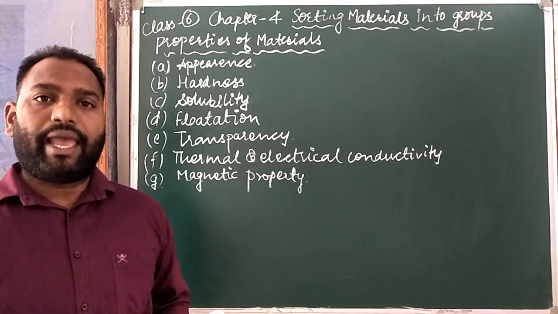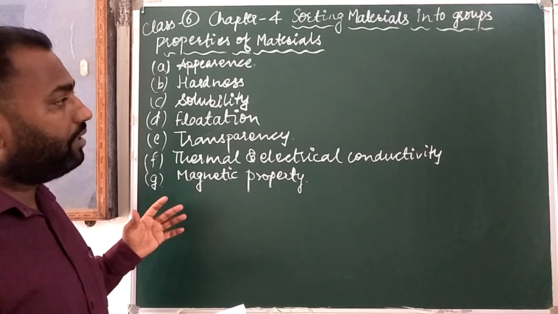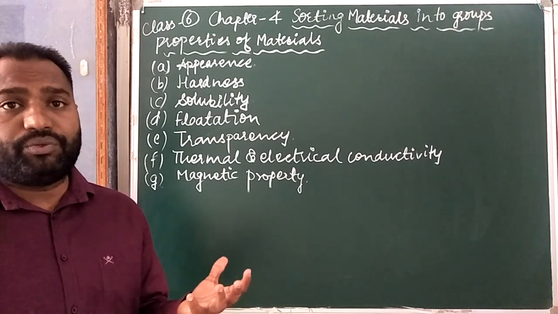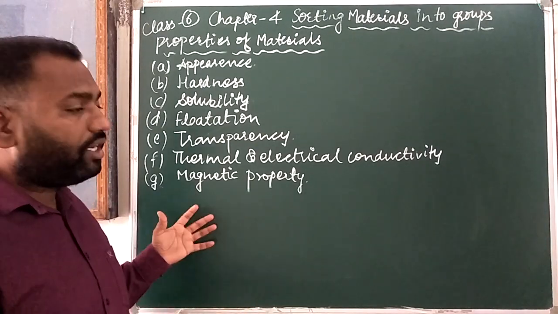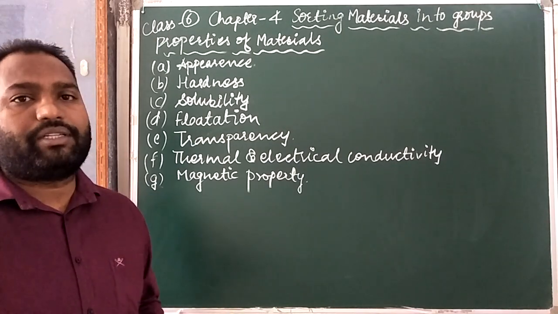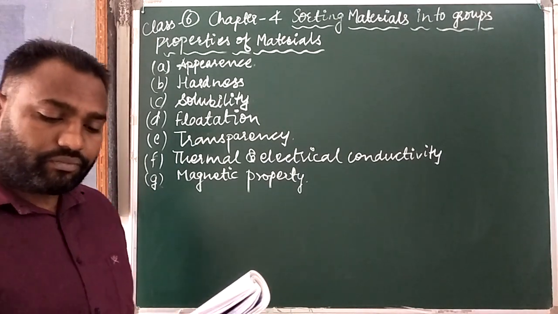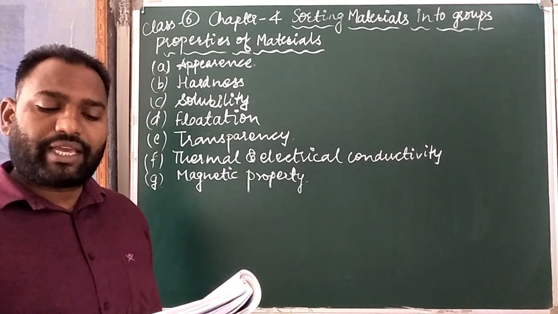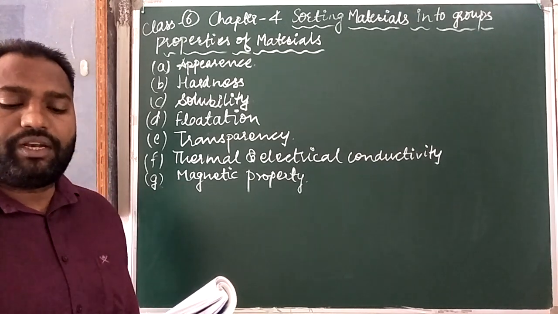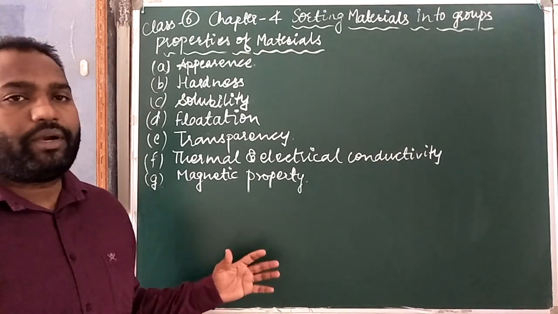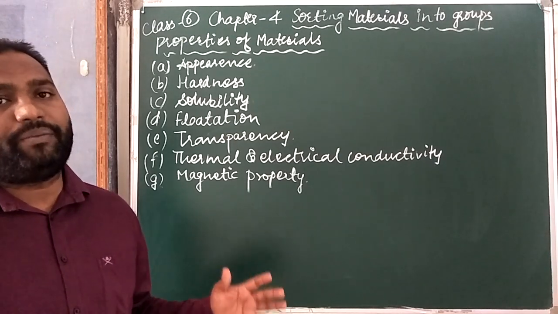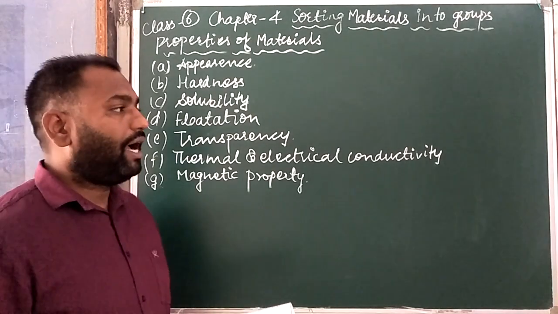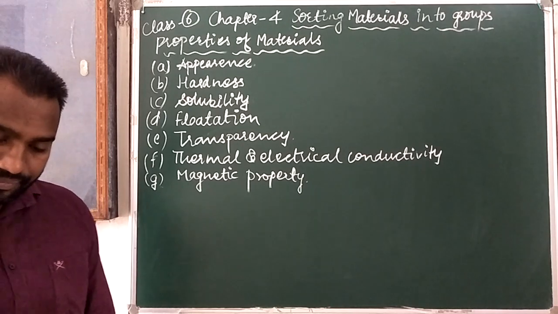So according to needs, textures, and states, we choose materials. For making a bridge, we use hard objects, and for clothes to wear, we use soft materials. Soft metals can also be scratched with our nails, but not hard metals. We can easily scratch a candle made of wax, but it is not possible to scratch a wooden pencil. So scratching is possible only on soft materials, but hard objects cannot be scratched.